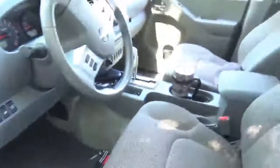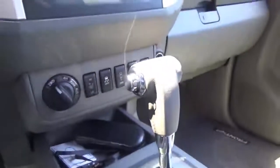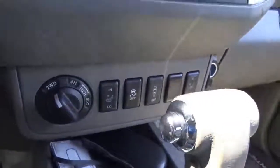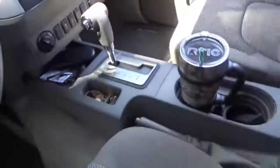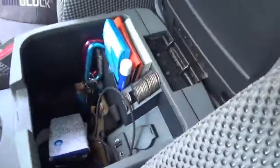And like I said, I bought several of those. They were running a Kickstarter, and I got several of those. Anyway, typical inside, this is a four-wheel drive. You turn the knob there for four-wheel drive. It's got all kinds of stuff in here, heated seats, all that. But inside the console, I just keep, you know,